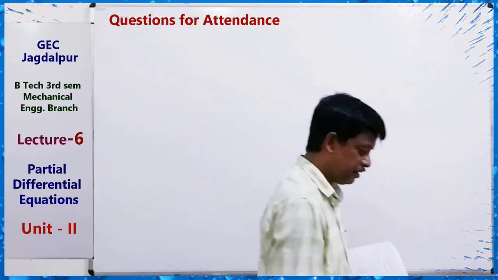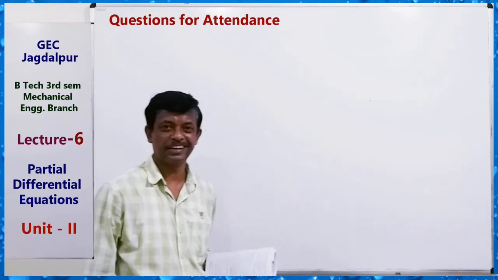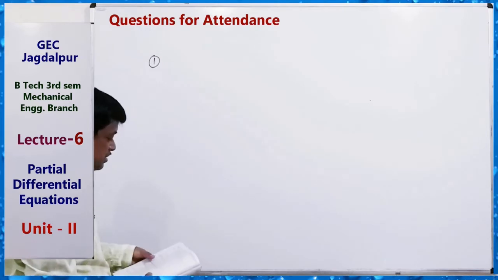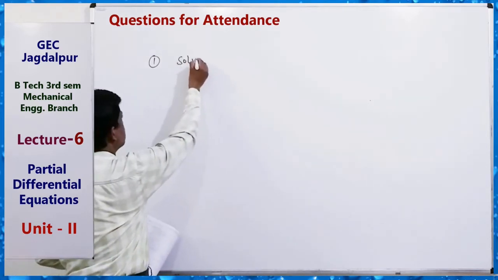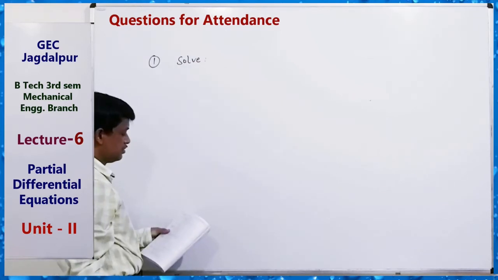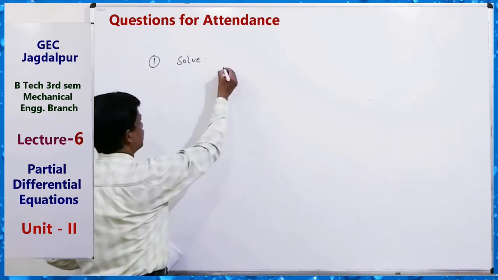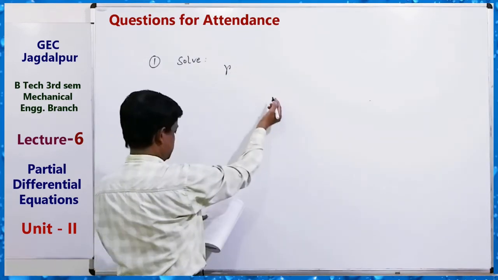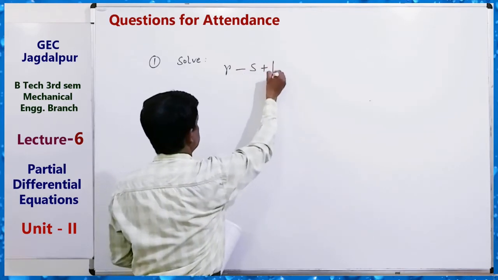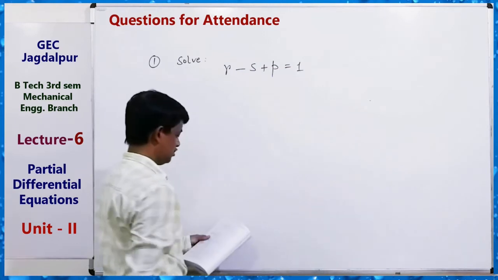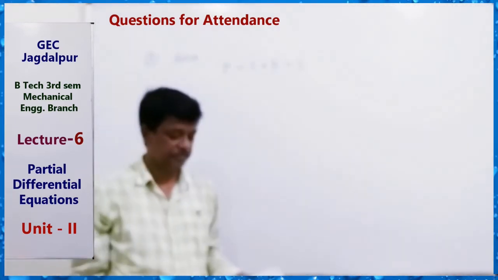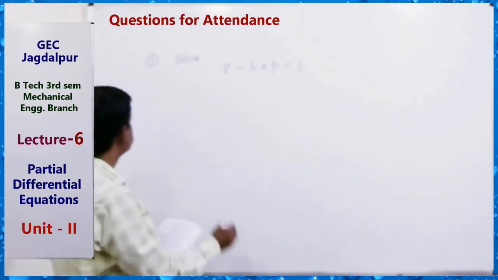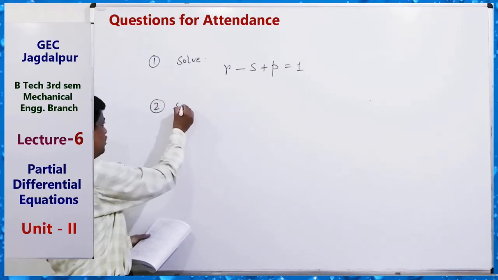Now it's time for questions for your attendance. So first question is: solve r minus s plus p equals 1. Clear? r minus s plus p equals 1. Second question. Solve